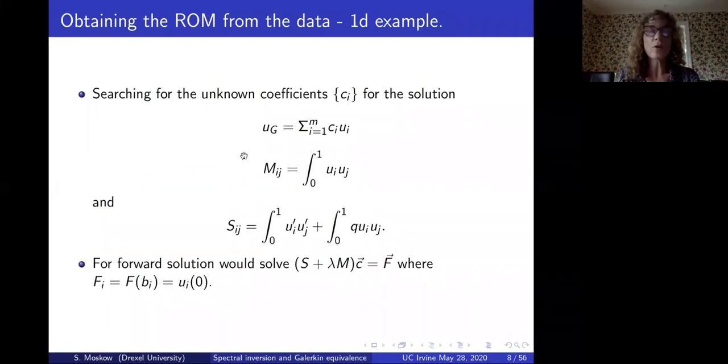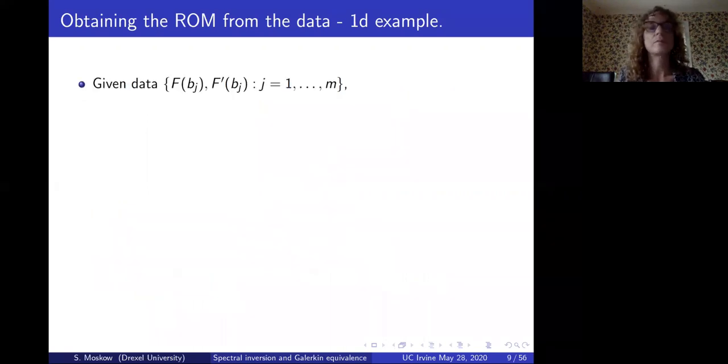So if we wanted to solve for the forward solution, if we knew the true solutions in the space U, we would get the data given by F, which is just U at 0 at the spectral points. And we would solve S plus lambda M for C, where C is the set of coefficients that we use to build the solution. Okay, so given data F of B sub j, and F prime of B sub j for these spectral points,